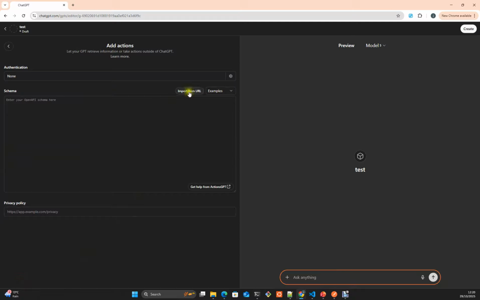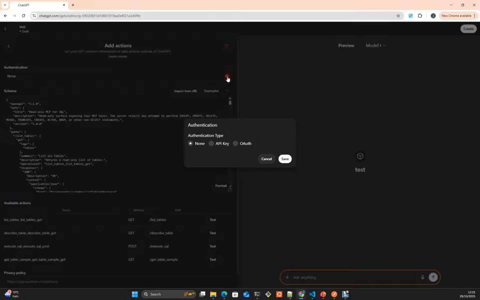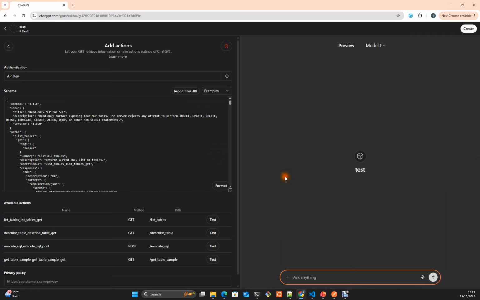action. Here you just import the schema, and in the authentication you just create an API key, bearer, and you copy the API key here. You save and create.